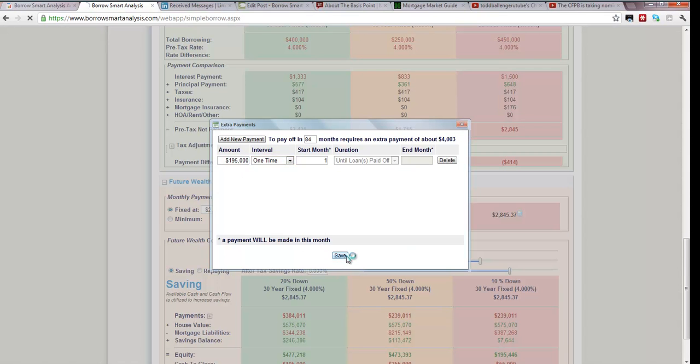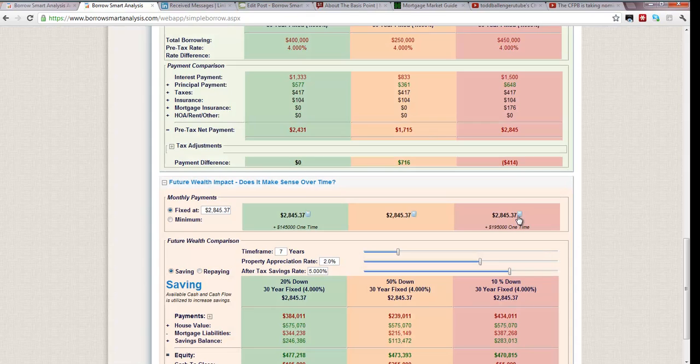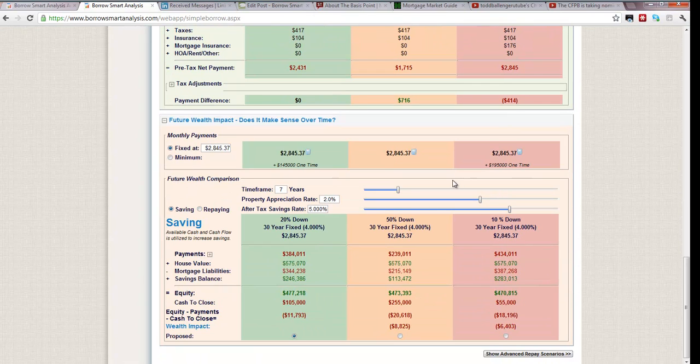and I'm going to make, and again, I'm doing this fast, but I just want to show you what you can do with this thing. Now I'm going to go ahead and I'm equalizing everything. I'm making the same payment each month, and even though I'm borrowing a lot more here, I'm borrowing $450,000, I'm showing the $195,000 going into a savings account at closing and growing at 5%. Here I'm showing the leftover cash going and growing. Here there's no cash at closing, but I still have a lot of savings. So in this case, the $716 a month is going into my savings account. All of that is being compared and equalized for you,